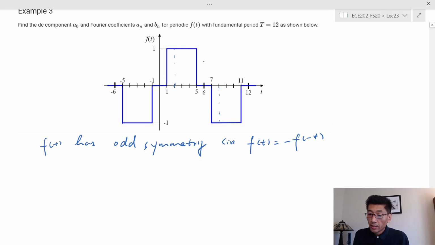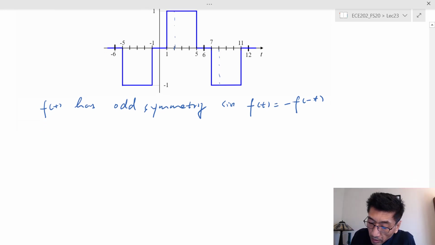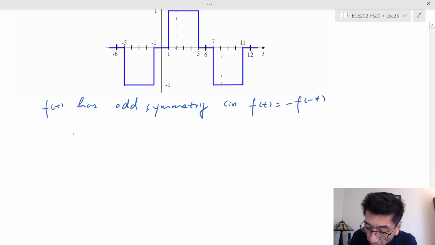You can basically fold the waveform. If you choose one period, you fold the waveform, rotate half of the waveform by 180 degrees, and that matches the other half, right? So that's what this is, and it also has half-wave symmetry,